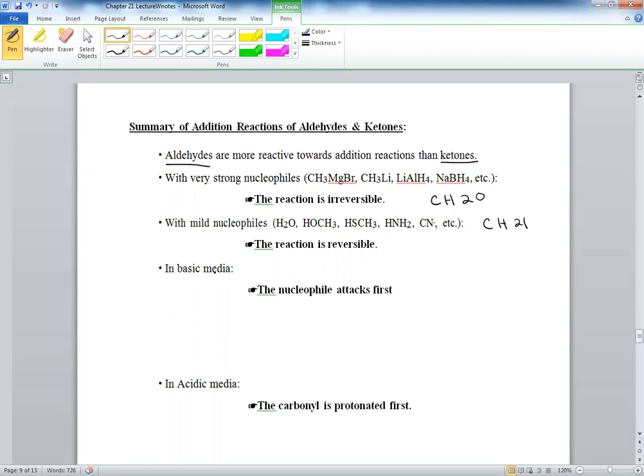So these reactions, we said, are reversible. In basic media, meaning, you can use hydrolysis and go back to what you started with, go back to the ketone or the aldehyde. In basic media or base catalyzed,